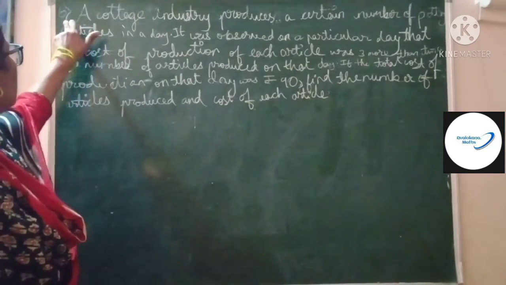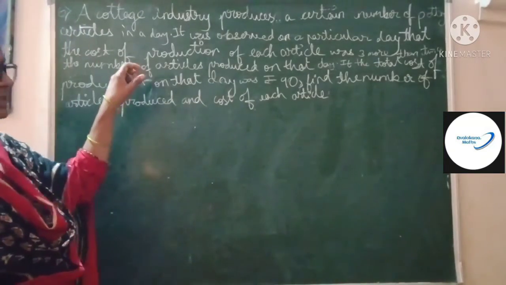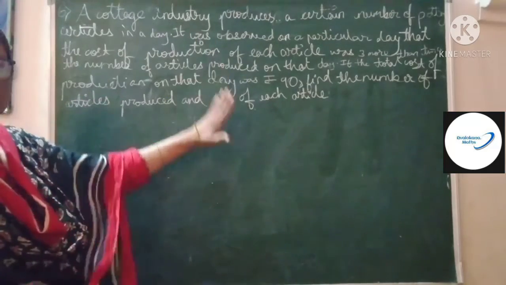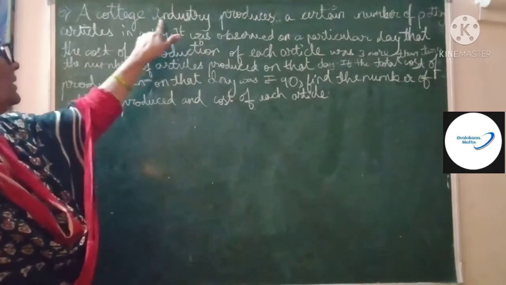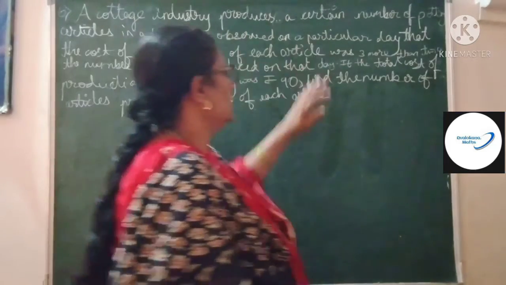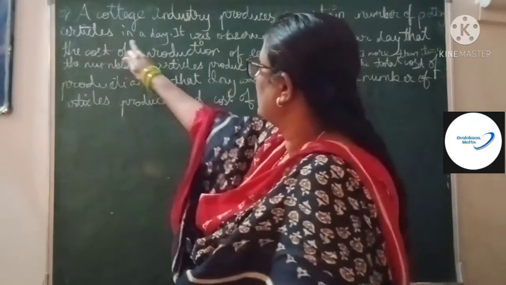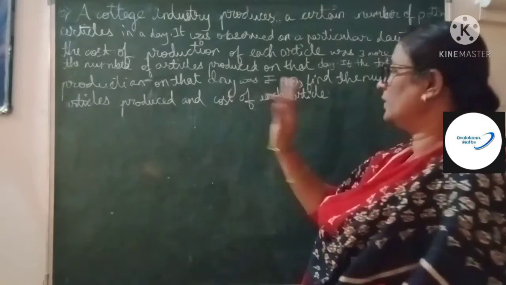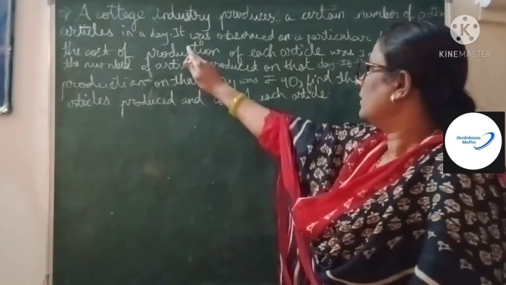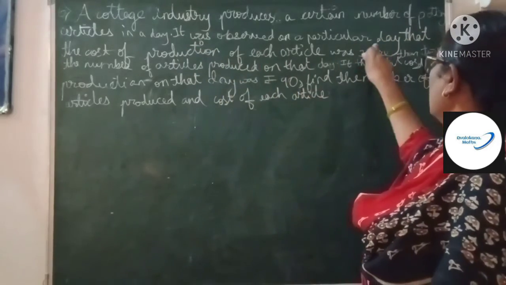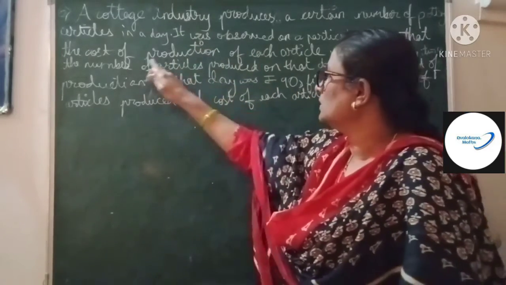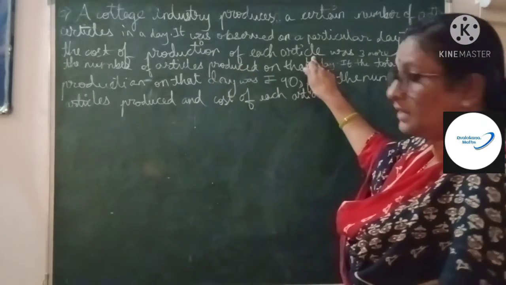Listen, this question, the sixth question, the last question of the exercise, is something like this. So, the question is big, but the solution is simple. A cottage industry produces a certain number of pottery articles in a day. Okay, this is nothing to do with the solution. The problem actually starts from here. It was observed on a particular day that the cost of production of each article...